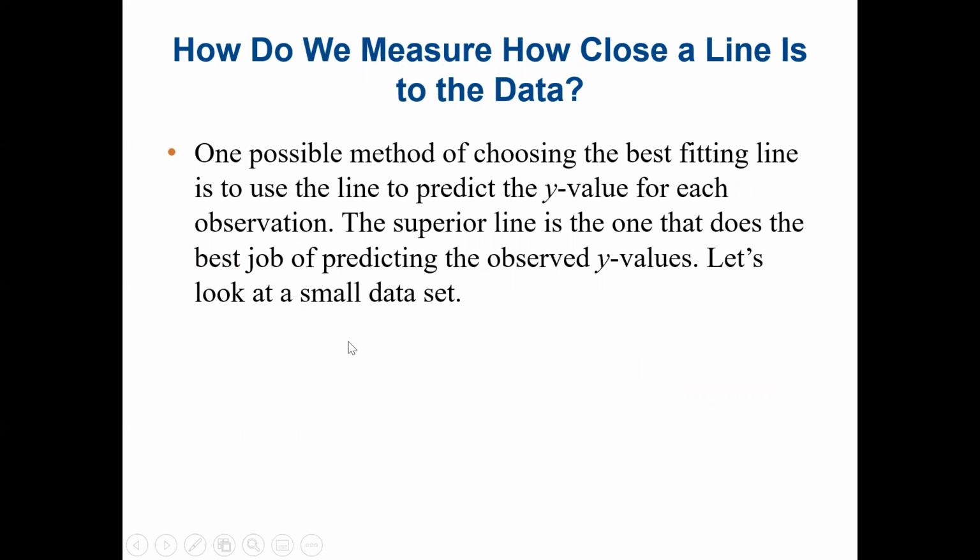This concept will bring us to finding the error. So here we are going to have two values of y: the predicted value after we find the best fit line, and also the actual value. The goal of getting the best fit line, or the line that is close to the data, means the error, or we use the term residual, that's the difference between the actual value and the predicted value on the line,